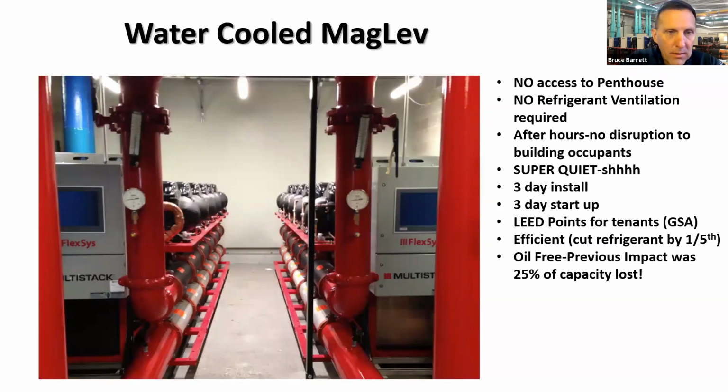Local Kansas City job we're proud of. This was using our kind of it still applies today, but we don't sell as much. I'll explain that later. This was replacing a 1,200 ton, 20-ish year old machine. We did it with 12 80-ton modules, almost a fifth of the refrigerant charge given the new machine. Ultra quiet. They're now able to lease space out next to this mechanical room. The pumps are way louder than the chillers. The electrical or the energy savings was about 25-30% right off the bat. So real proud job we are in Kansas City, Pershing Square.